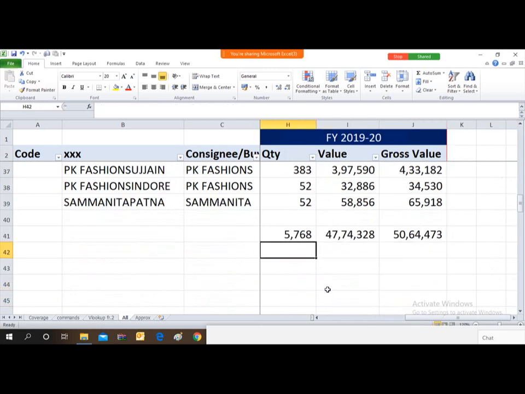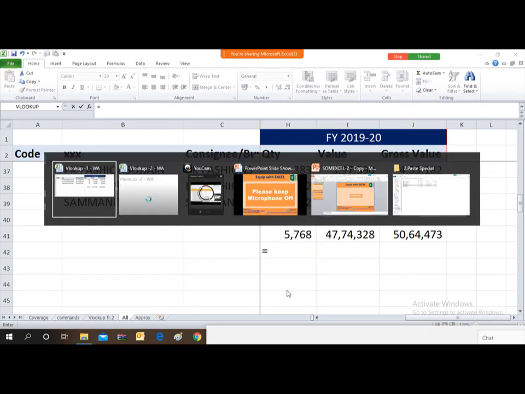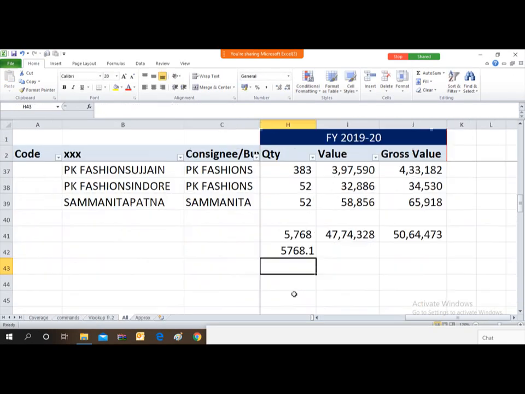So friends, here again the same value has been derived. You can check it also. Just cross check it. For cross checking, I've just used a simple formula by linking. So the difference is 0. It means my formula is perfect and I have derived all the values over here.